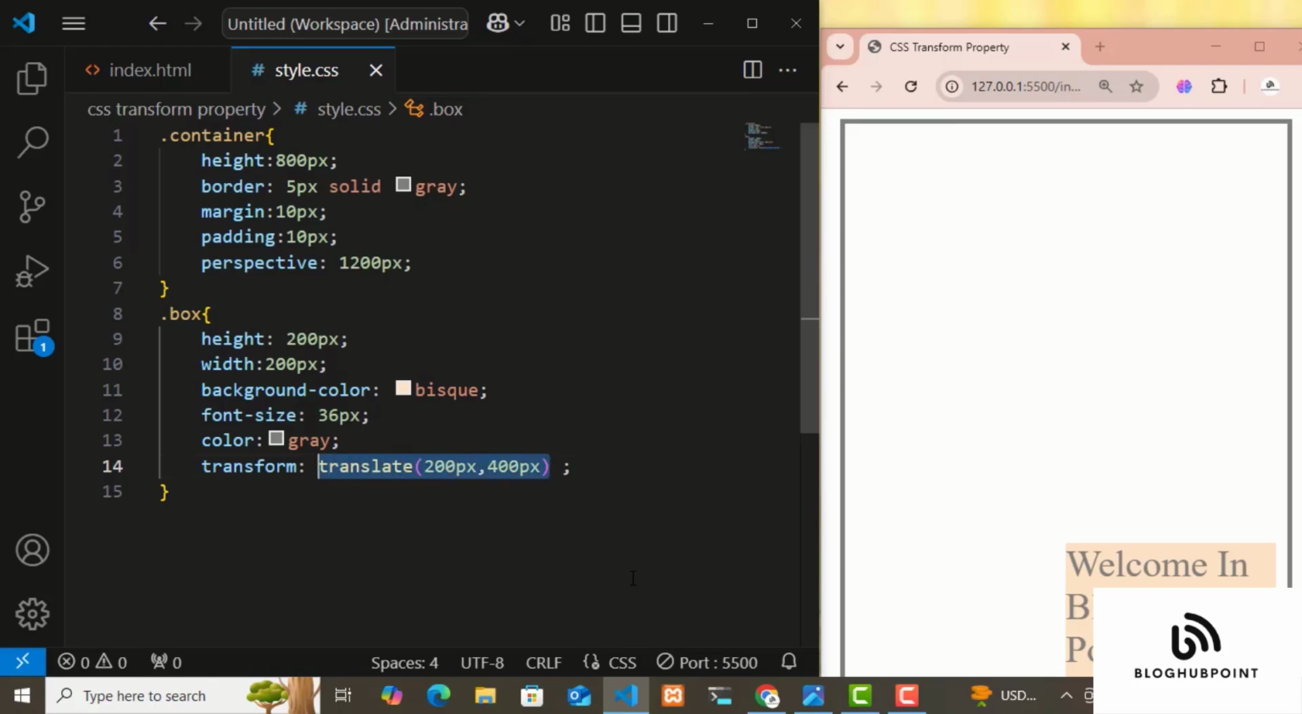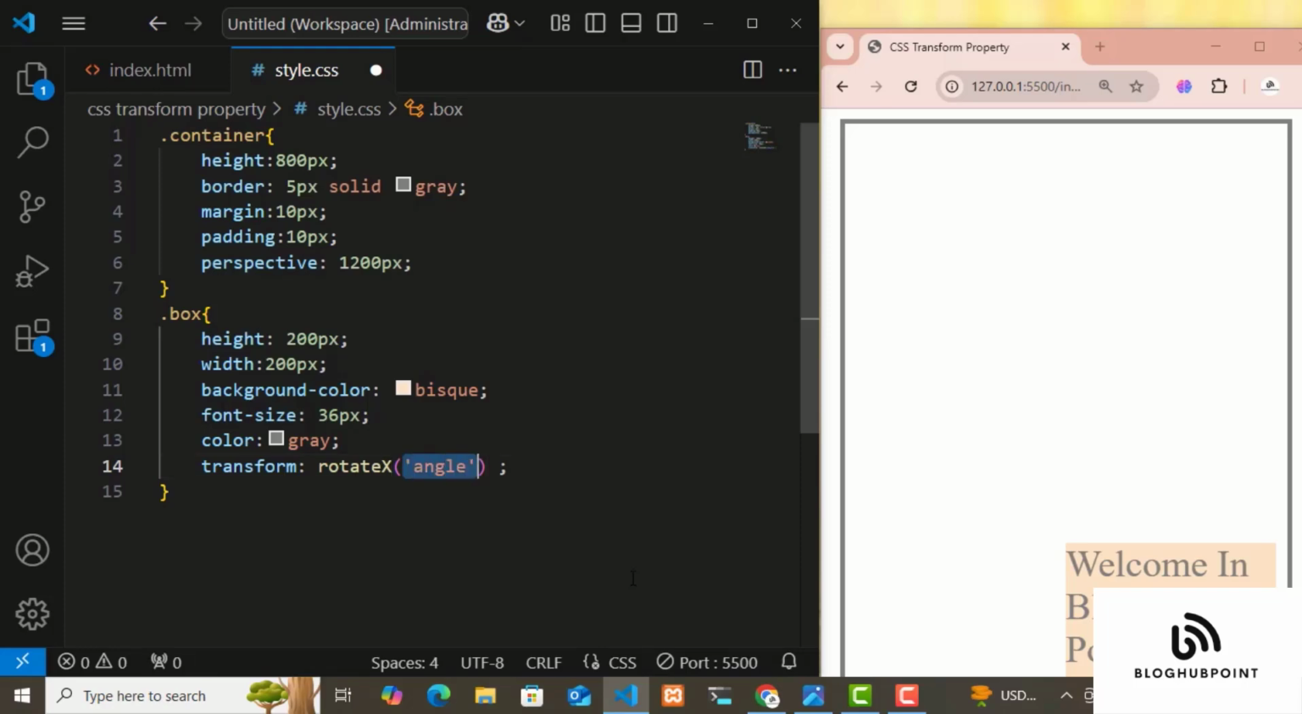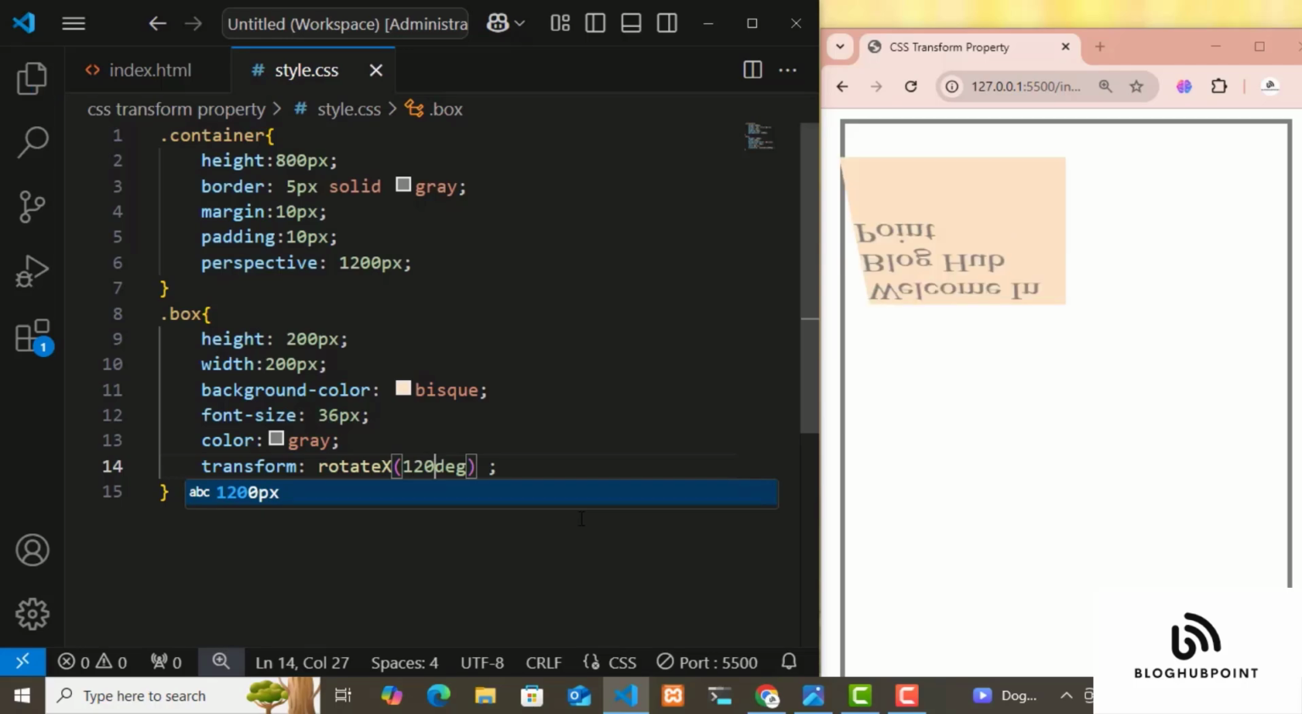Next, we apply the rotate function. By name, rotateX rotates the box around the x-axis. For example, setting it to 45 degrees will show the box at a 45-degree angle on the x-axis. If you set it to 60 degrees, you'll see the box rotate further to 60 degrees. If you set it to 120 degrees, the box direction changes, and the text inside the box will also change